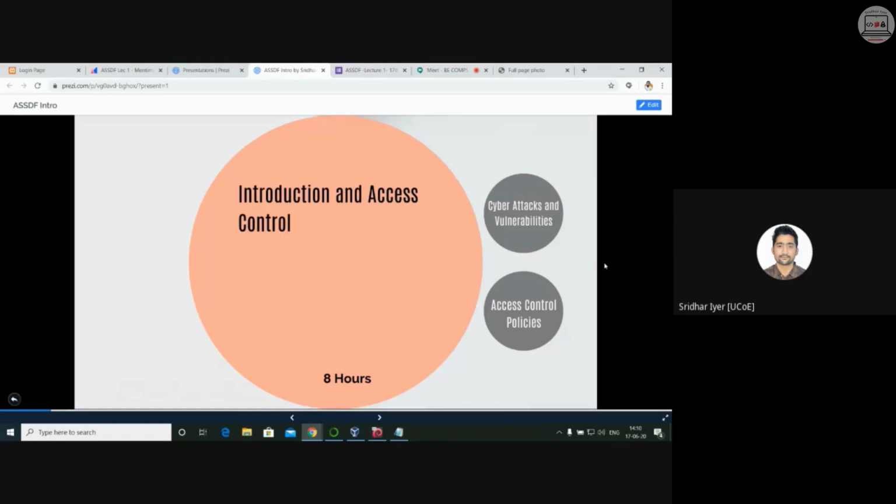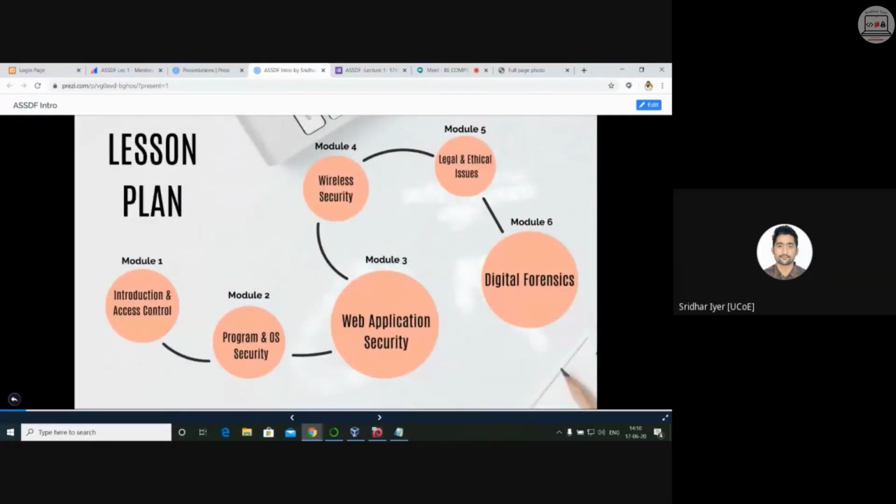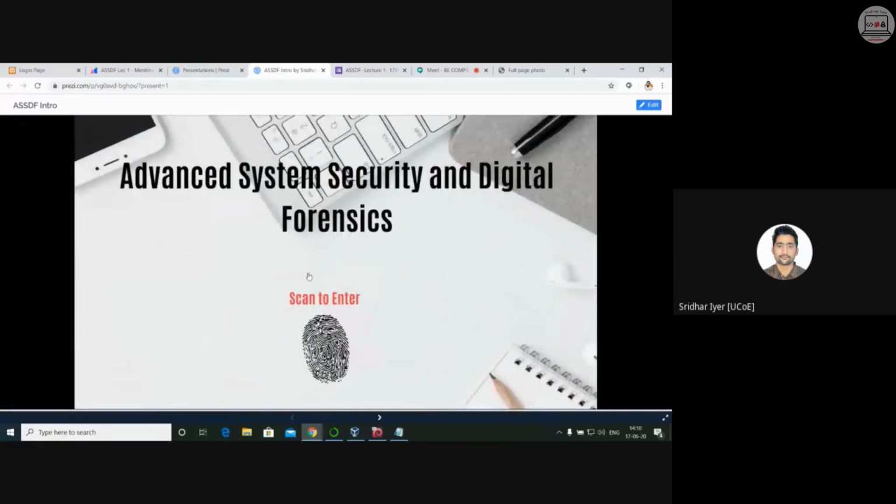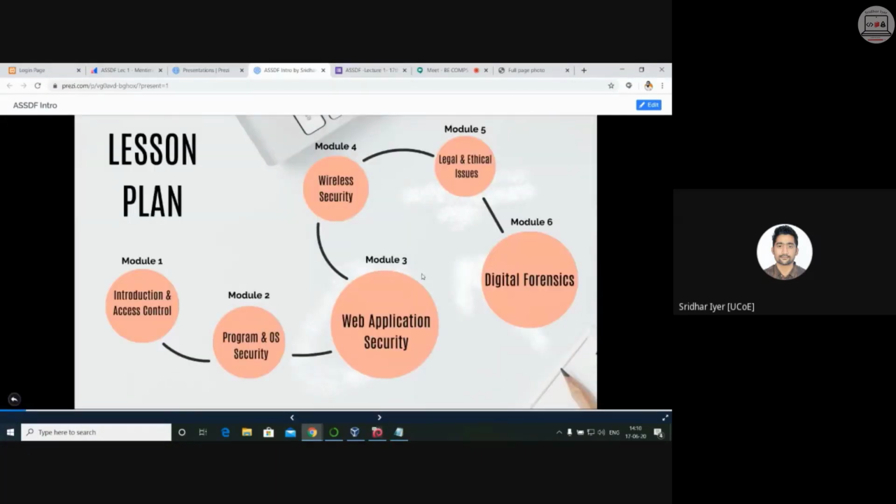Authentication is just what we saw in the very first slide. If you remember what I did, this is nothing but an authentication I'm talking about. Scan to enter, put your fingerprint. If it's valid, then only you will get access. If it is not valid, you won't be given access to the system. So this is what we call as authentication. Now, once I'm authenticated by the machine or by the system, I have certain access rights. For example, I may be able to delete files, or I may not be able to delete files. So basically the system admin has to provide me some sort of access rights. This is what we call as authorization. Clear? So access control comprises of both of these things: authentication as well as authorization.